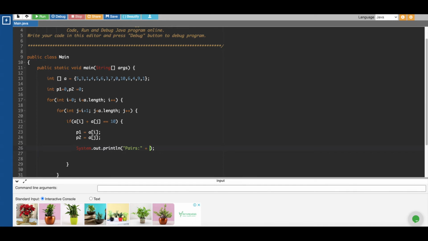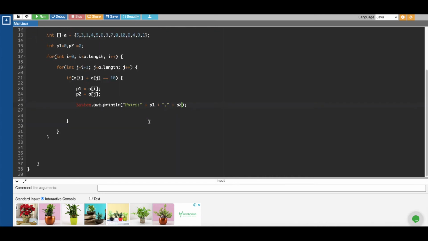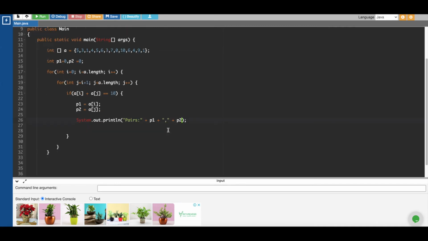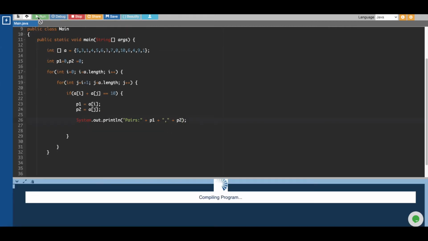Pairs would be p1, comma, p2. Okay, simple program. Let's forget about the unique pairs as of now. We'll only print all the possible pairs which give me a sum of 10, right? Let's run this program and see what output we are getting.